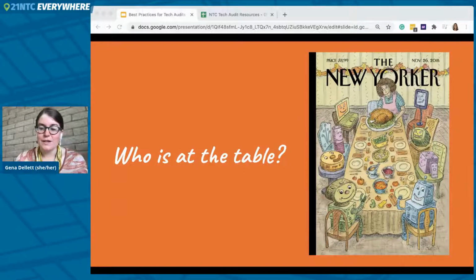Okay, so who is at the table? And this is not who is here. This is, you are now in your organization and you are ready to launch into a technology audit. And it's important to look around to see who is at the table, which answering this question could be its